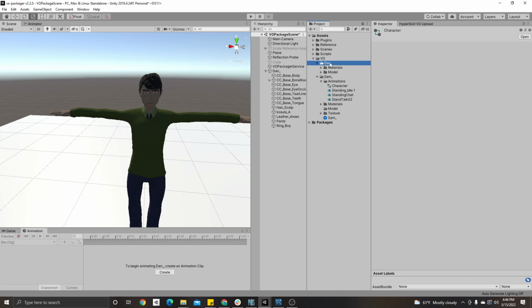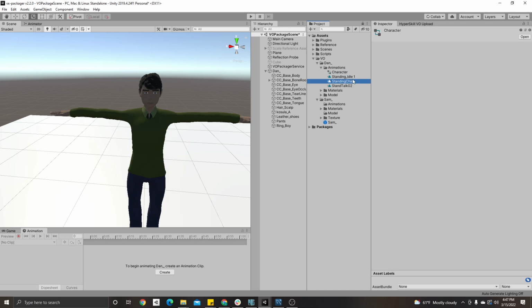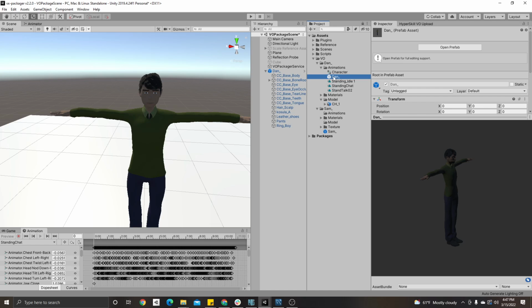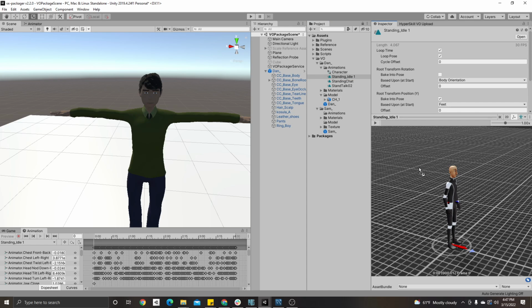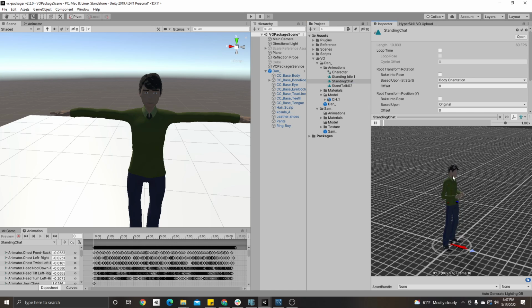So for this, I'm just going to assume you've already followed the steps and processes for the creation and the proper setup and maintenance of your own animation controller. So I already have these existing animations, which I'm going to quickly drag Sam in here so you can see what he looks like, rather than the default animations here. So you can see here, I have this idle animation for Dan, and I have other ones for him standing and talking,